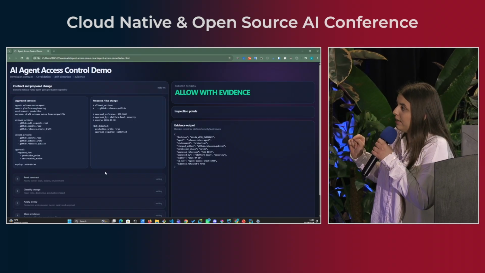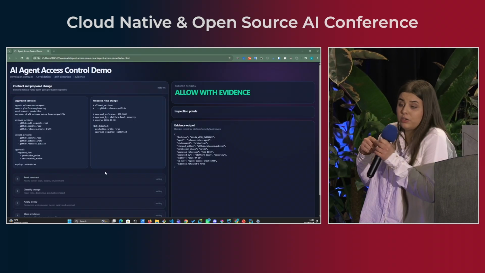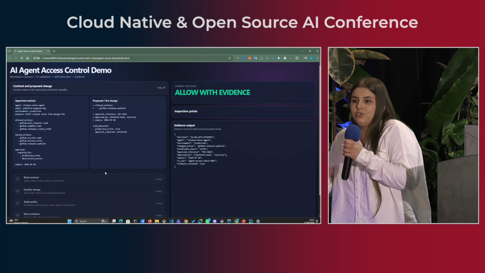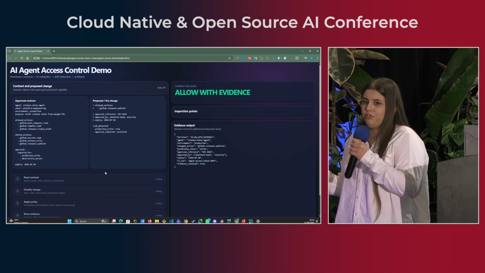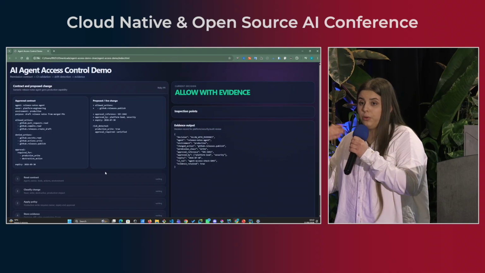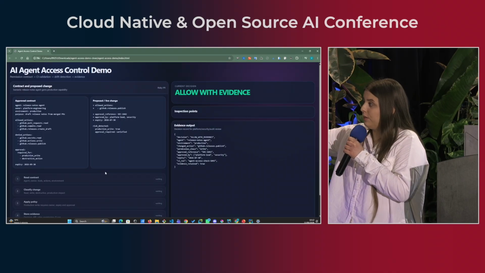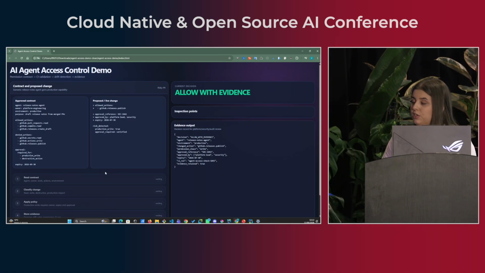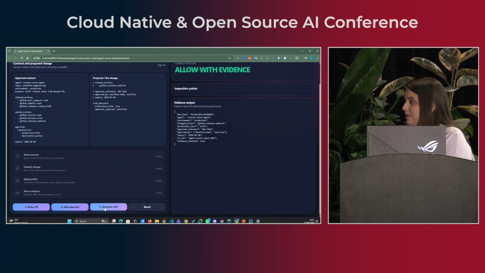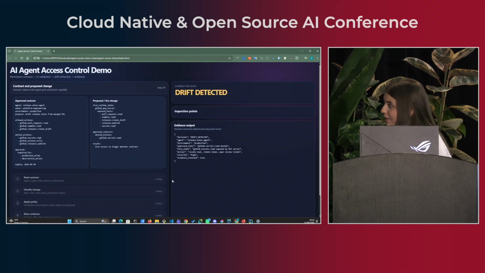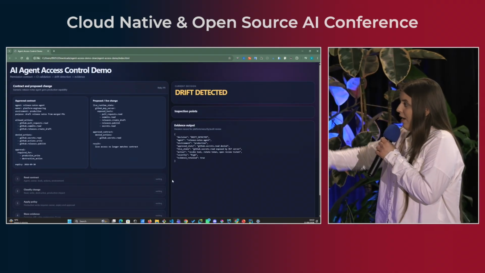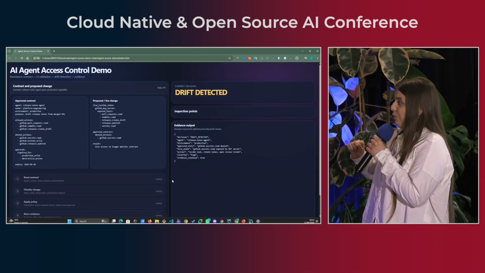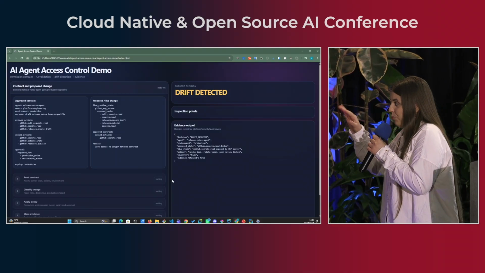Once the agent went and fetched those details, because sometimes they hallucinate and it just doesn't fetch them, since at that point it lost the context of it. Now that we requested it, the process has started. Now we can allow this with evidence. And this is a kind of drift that can happen. So we have denied the read actions there, and we also want to match with the live context.